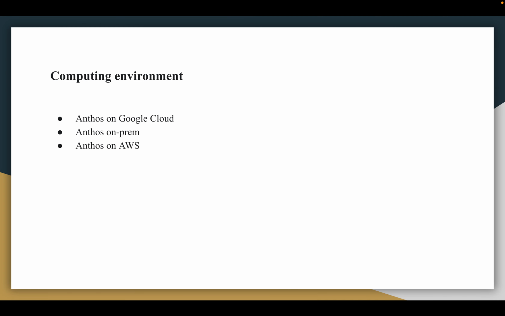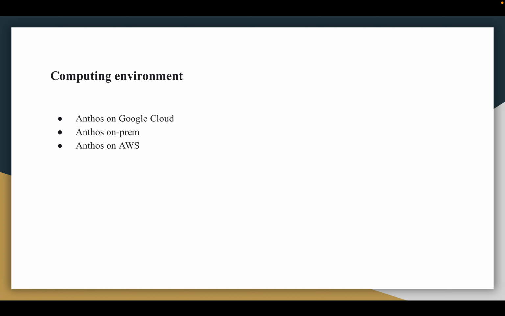With Anthos on Google Cloud, Google Cloud hosts the control plane and the Kubernetes API server, which is the only control plane component accessible to customers. GKE manages the node components in the customer's project using instances in Compute Engine. Next, we are going to see Anthos on-prem. With Anthos clusters on VMware, all components are hosted in the customer's on-prem virtualization environment. Next, we are going to see Anthos on AWS, Amazon Web Services. With Anthos clusters on AWS, all components are hosted in the customer's AWS environment.